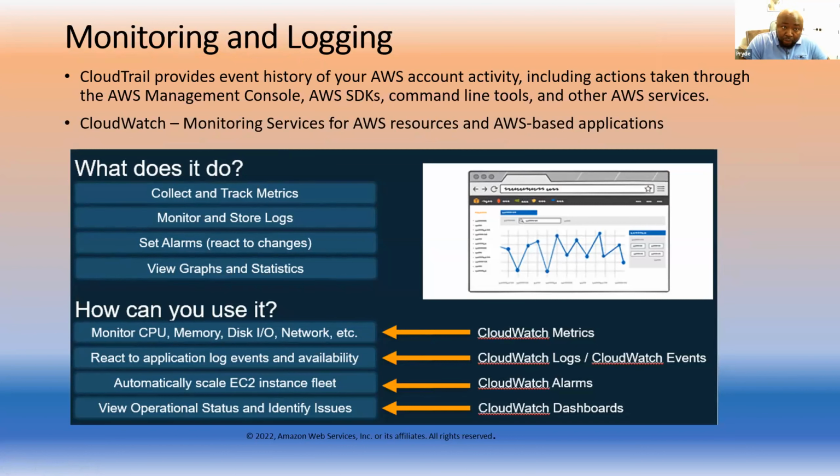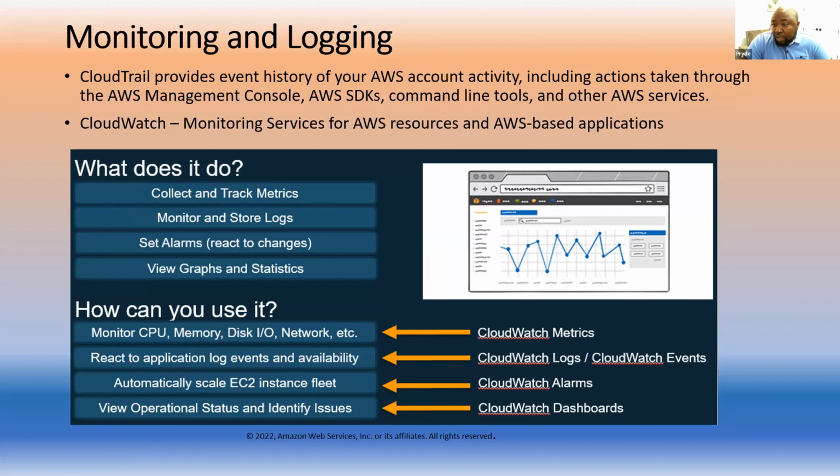CloudTrail provides, I'm sure most people here have learned about CloudTrail. It gives you a little bit of history of all activities happening within your environment. So when you enable CloudTrail, you can have all these details of what is going on, who made what changes, what happened to an EC2, did it stop, is it running or whatsoever, so you can keep track of all those services. And then CloudWatch is another monitoring service